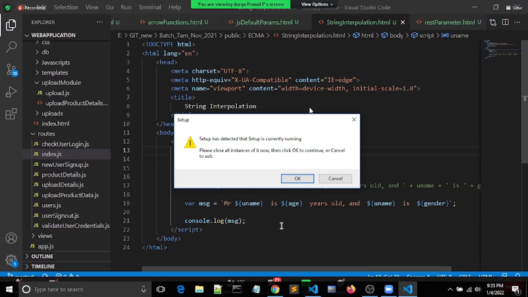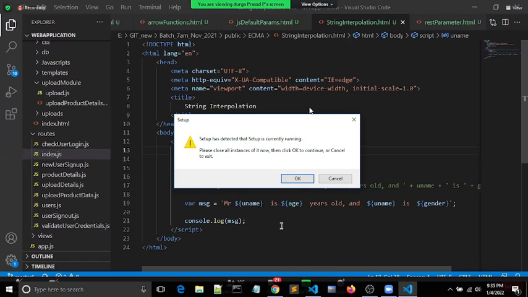We even understood that from now on, none of the JavaScript code should be defined using the function keyword. Always it has to be with the arrow function. On top of that, we have seen JavaScript default parameters, how you put default values to the parameters. And we have seen the rest parameter, which is the last parameter of a particular function. And on top of that, we have even seen the,